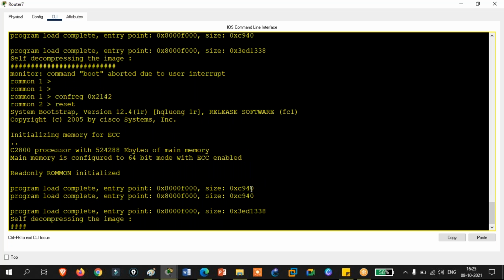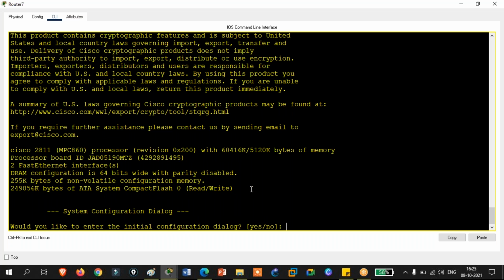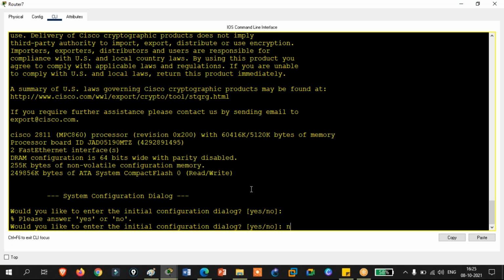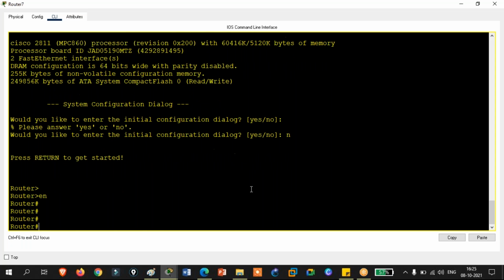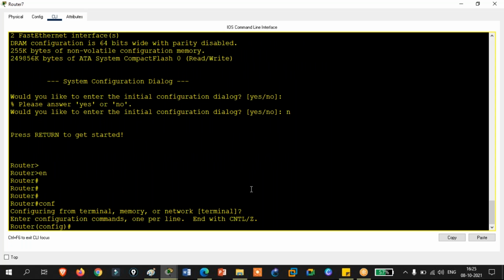Then reset. So the magic will happen and it will not ask you for the console password and it will not ask you for the user password.